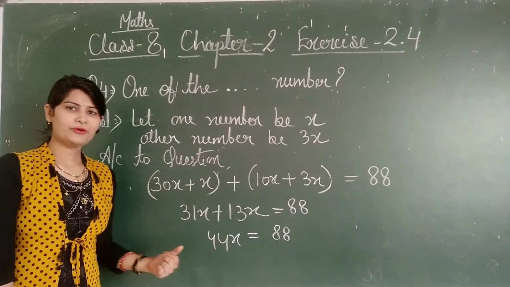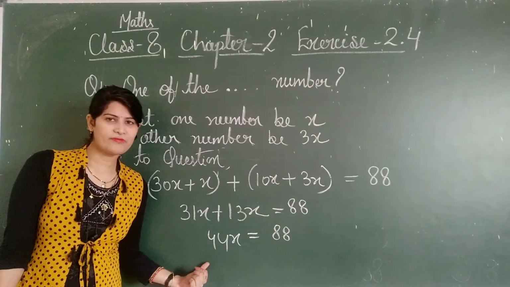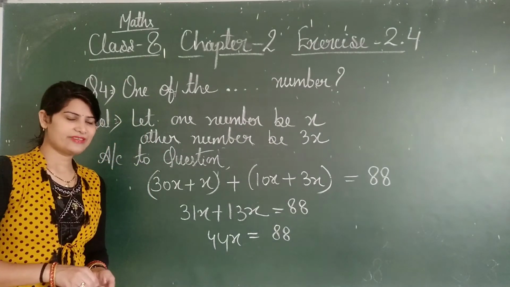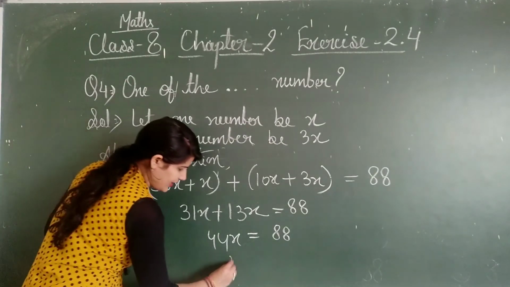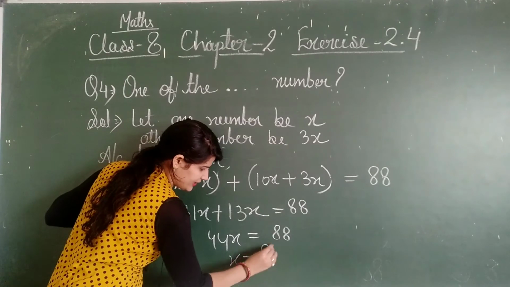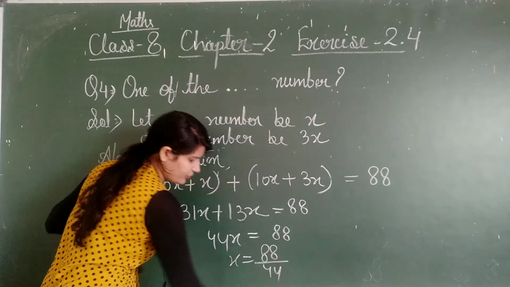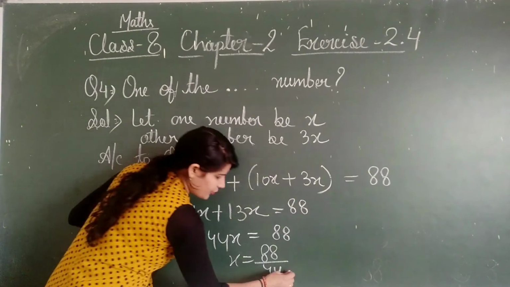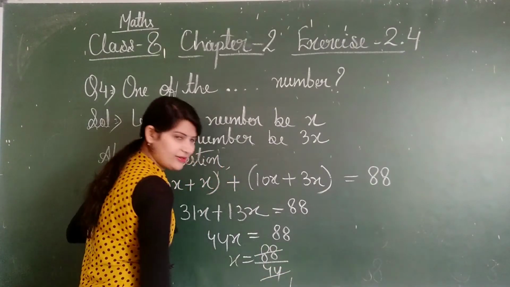Okay, now what we have to do? 44 is in the form of multiplication, so transfer to the other side, you will get division form. So x is equal to 88 upon 44. Now how many times will it come? Simple. 44 ones are 44,